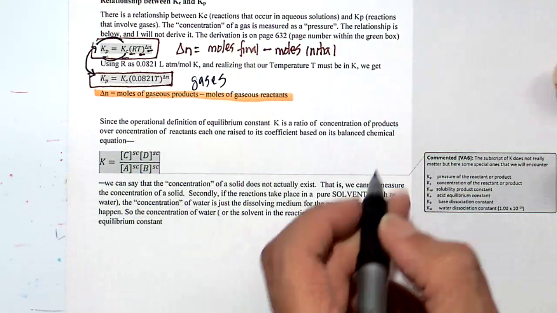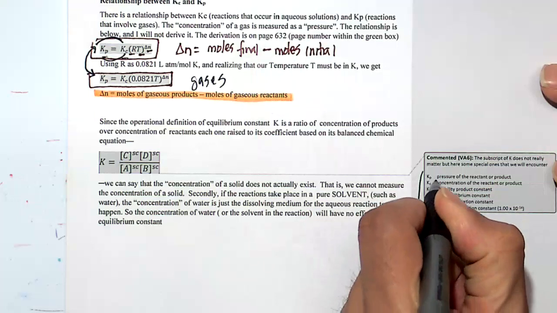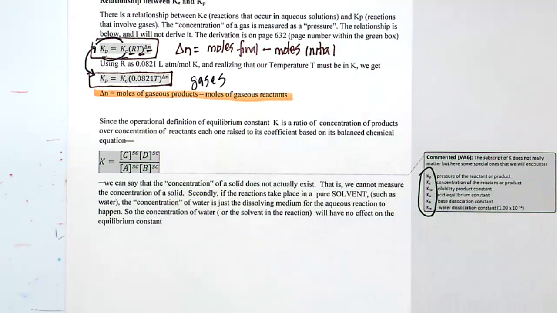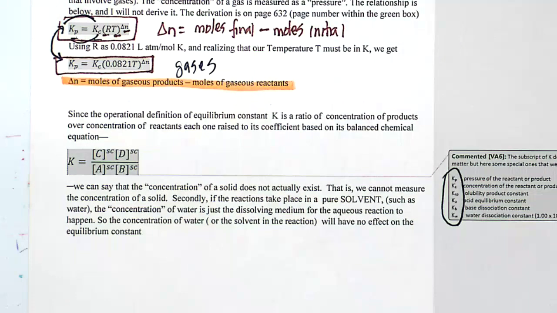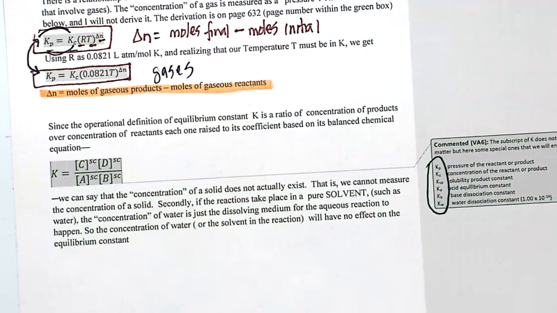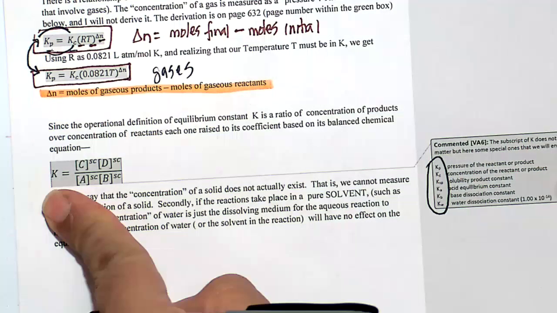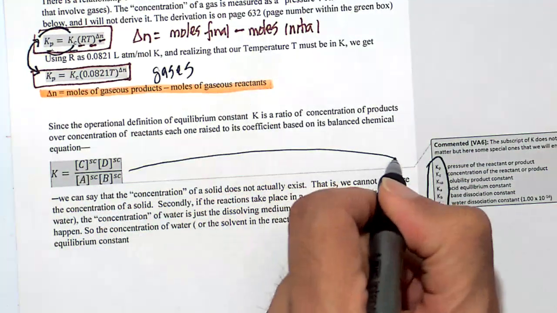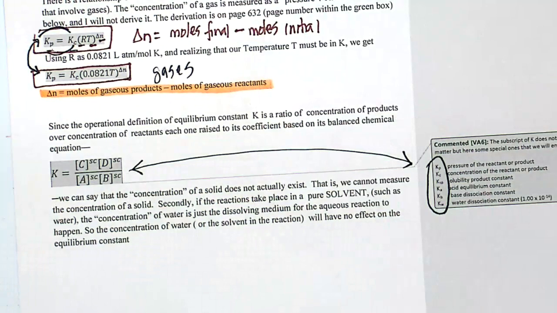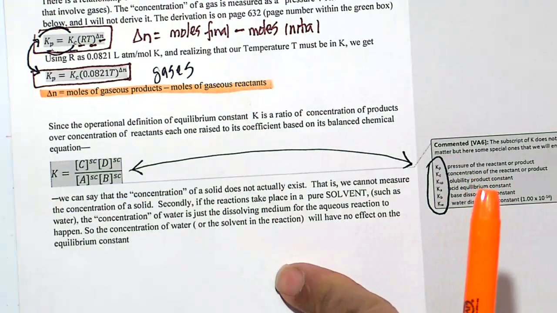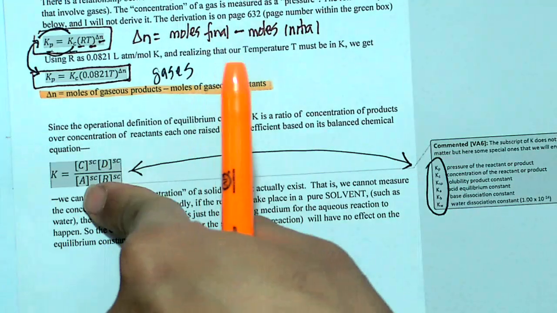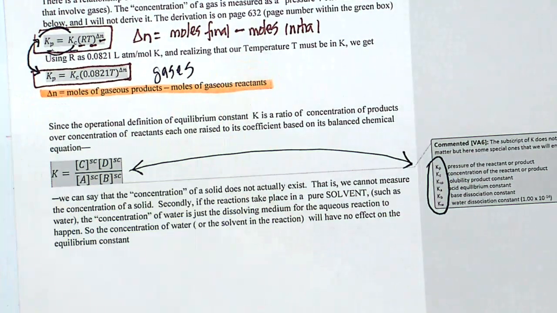Once again, I want to remind ourselves, we're going to see a lot of Ks. I'm going to teach you a lot of Ks throughout the next several weeks. But the law of mass action still holds, no matter what type of K we're talking about. No solids, no liquids. I give an explanation here why we put no solids, no liquids. If you want to go a little deeper, you can check that out. Otherwise, no solids, no liquids here.